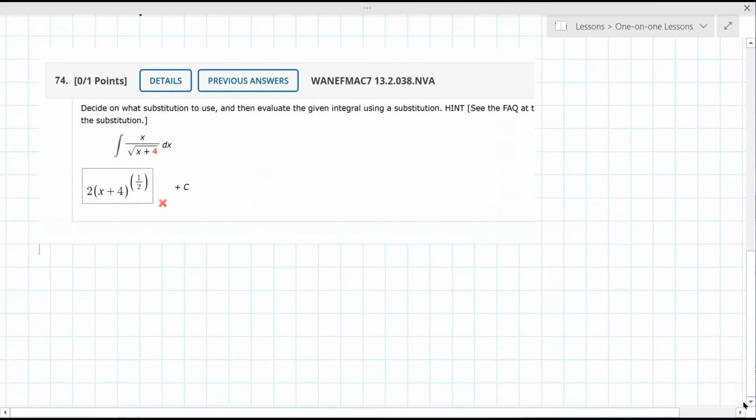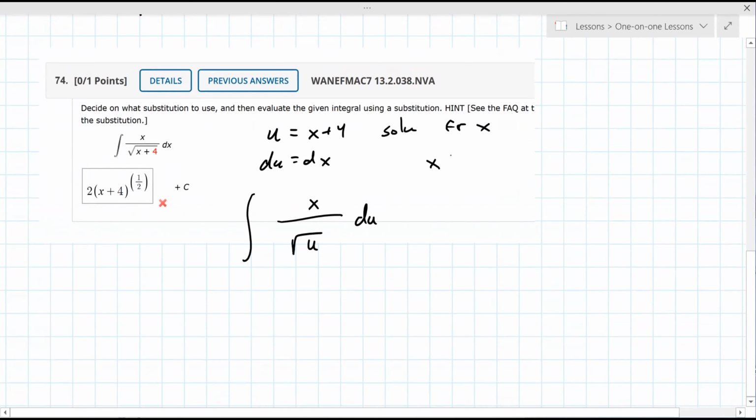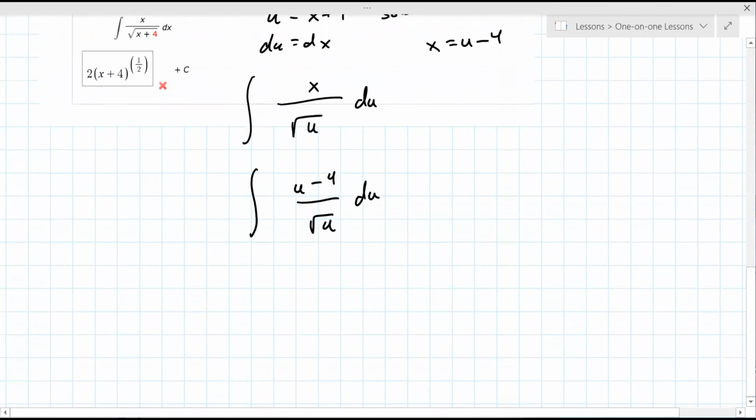Okay, so 74, it's the same thing here. u has to equal x plus 4, because that gets... but the problem is du is dx. So if you just substitute this in, x over the square root of u du, you're like, wait, I have an x. So that tells you to solve for x up here. So x equals u minus 4. The integral of u minus 4 over square root of u du. This still doesn't look great,